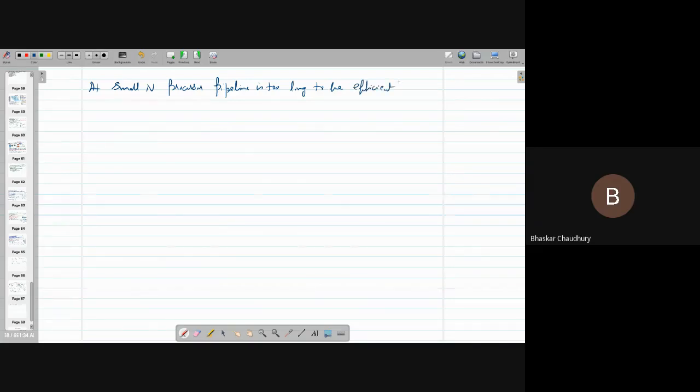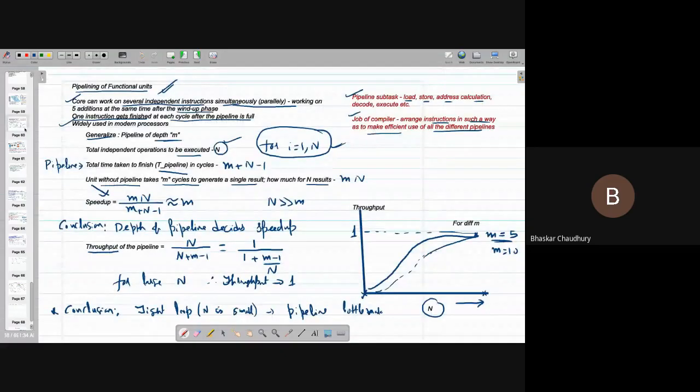Okay, let me go to that plot once again. So if you remember, this is the plot. You can see that this is the n. So you can go to this throughput of 1 only after a certain value of n. Otherwise, you are not going to get the best out of the pipeline. So for the first few points, the pipeline is not giving you the kind of benefit you are expecting. All of you got this point? Yes, sir.